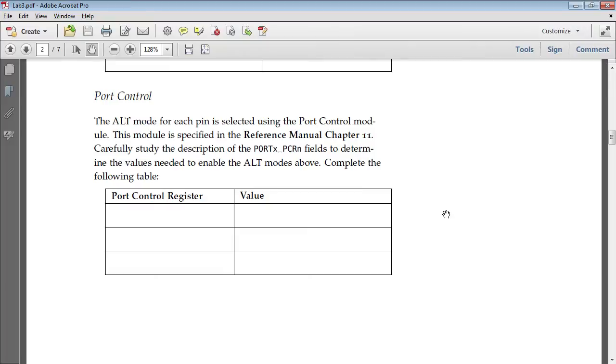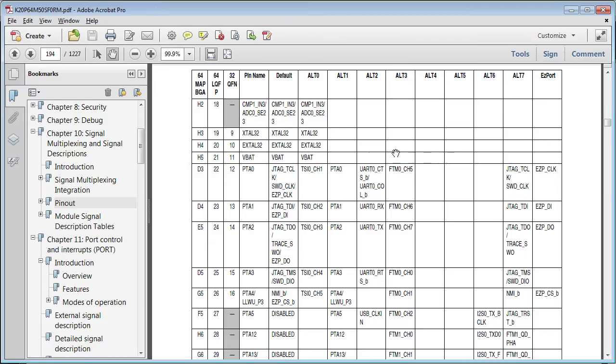So moving down, once we know which of the alt numbers we want to configure, now we have to find which register it is that we write to in order to actually set up those numbers. So we previously determined that we might want alt number 1 for that particular pin. Now how do we actually set that up? So over here in chapter 11 of the reference manual,